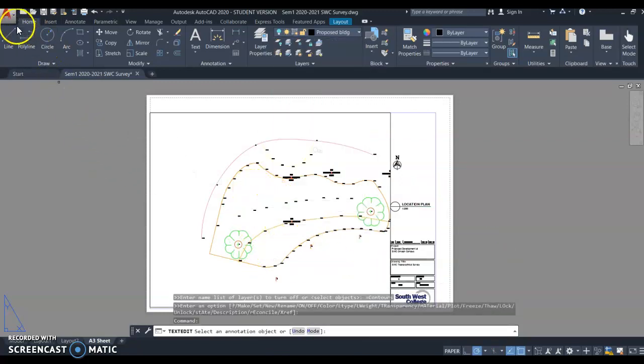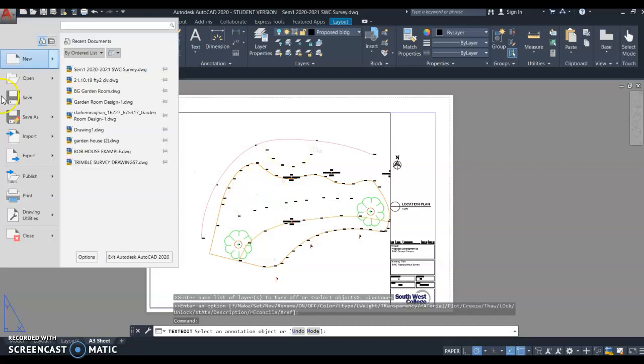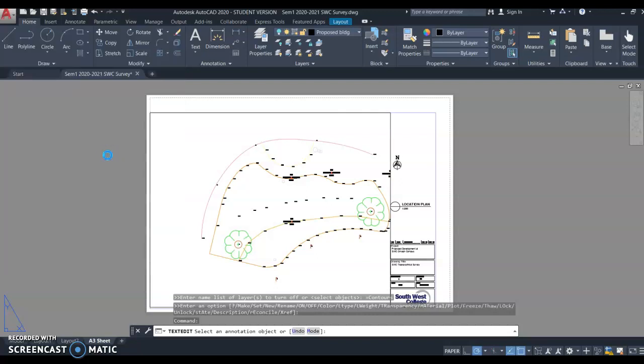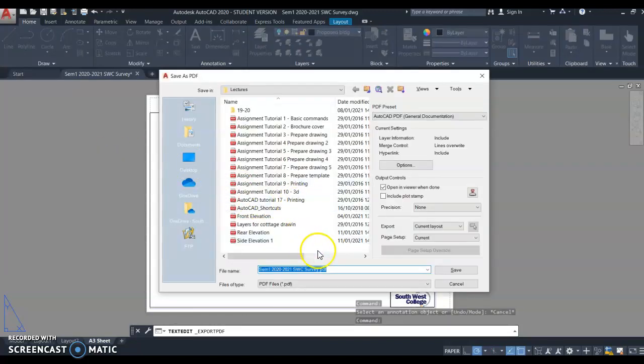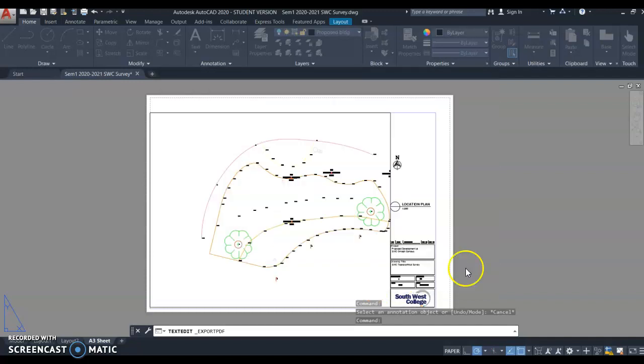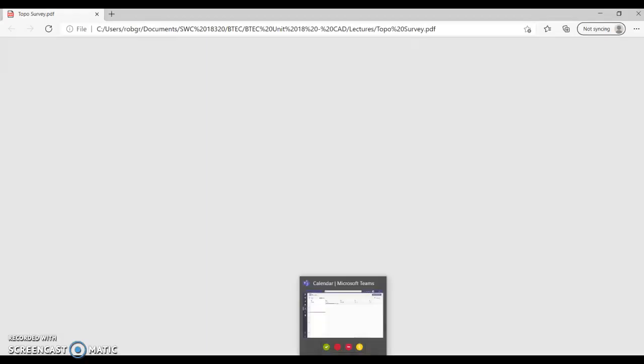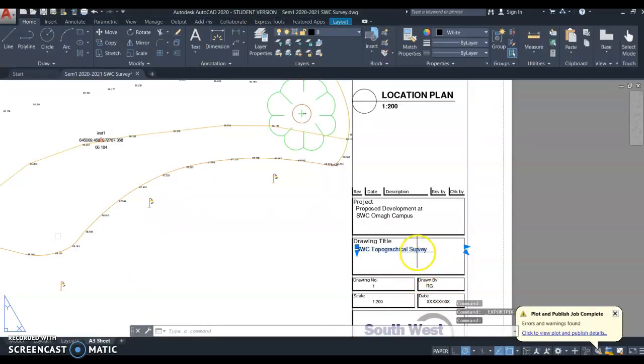And what we do then is we go to the red A in the top corner, go to export as a PDF, and you will save that as Topo survey. You'll save that. The next one, we change the drawing title, and that will open, sorry for you. Change the title to